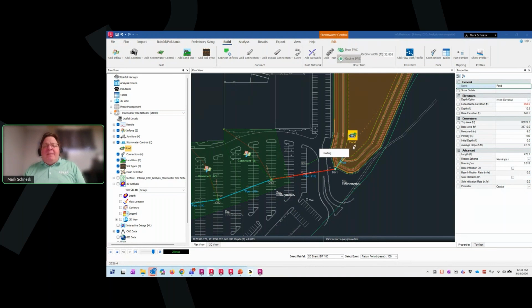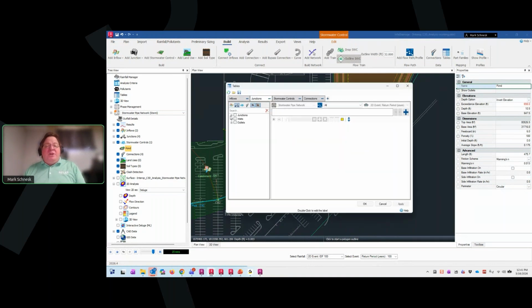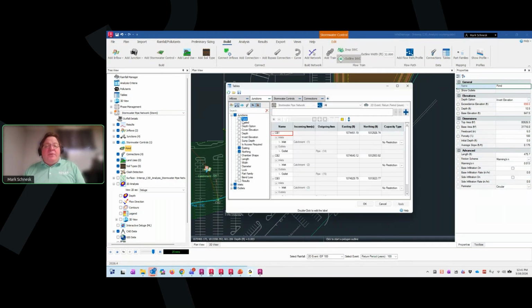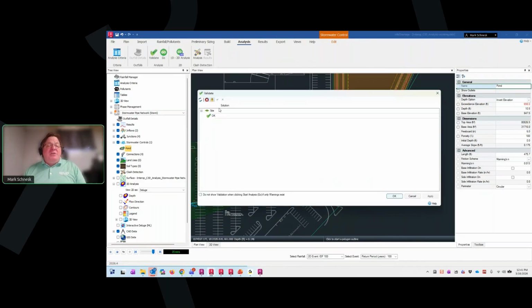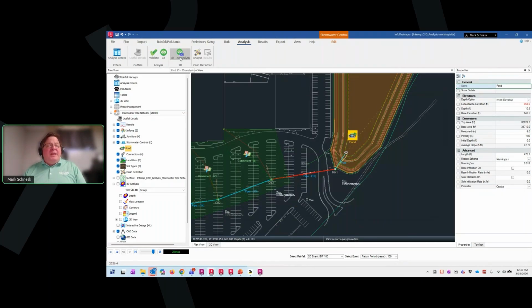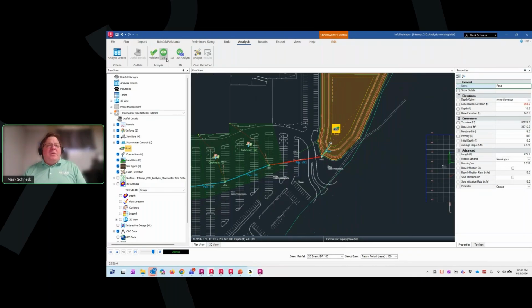You can edit things tabularly too. So all my junctions are available. I can go through and make changes and editing in the table format once my design is in. Analyses tools, simple validation, whether your site is okay or not. I can also run a 1 and 2D analysis, and that is going to, I'm not going to run it